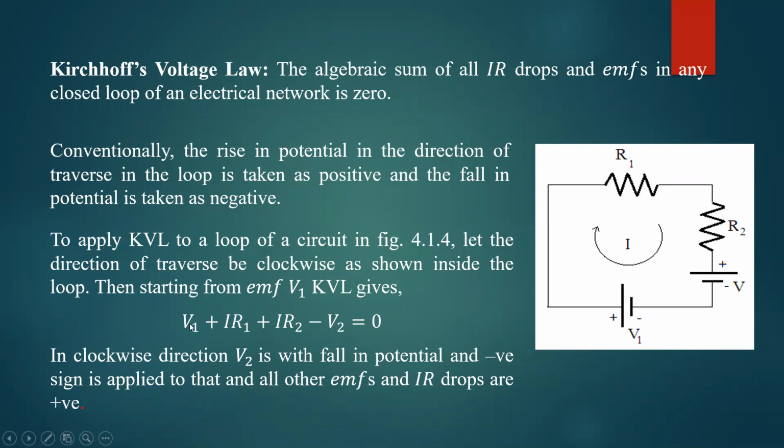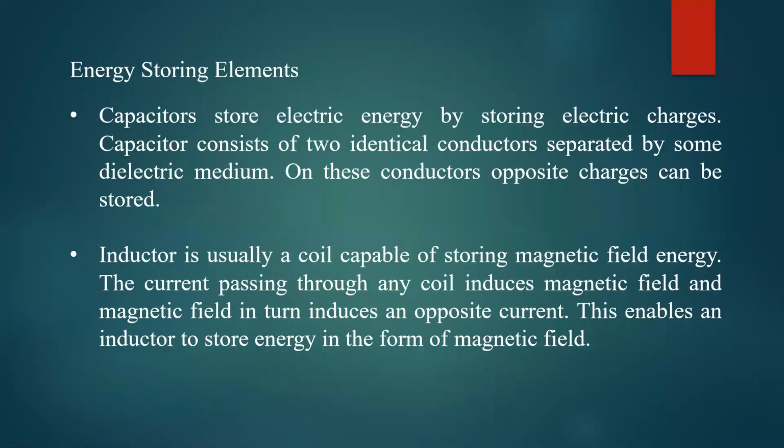Okay, so you can solve this equation to find the current flowing through the circuit. If you know the values of V1, V2, R1, R2, etc., you can find the value of current flowing through the circuit. Basically, Kirchhoff's current law and Kirchhoff's voltage law are useful in analyzing the electrical circuit. Okay, so they are very basic laws in order to analyze the circuit. And at the end of this unit, you will have 4 network theorems. They are also very helpful for the analysis of the circuit. So just remember Kirchhoff's voltage law and current law.